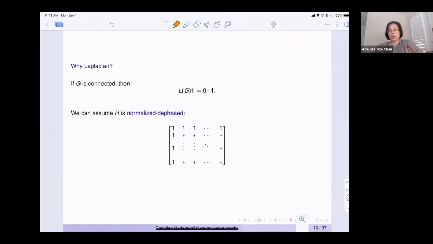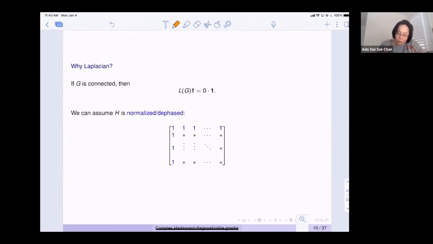Okay, so when I look at the first paper, the first question that came to my mind is, well, why Laplacian? Because we usually work with the adjacency matrix. It seems a strange choice to me. Why do they want to work with Laplacian? And it turns out that I think it's a very clever choice because with the Laplacian matrix, if G is